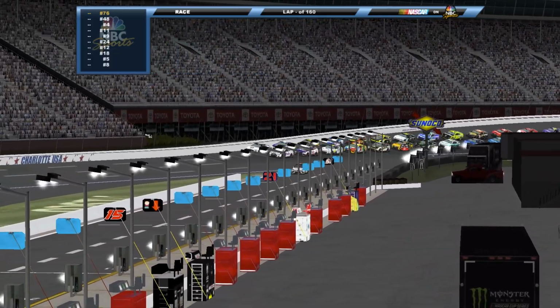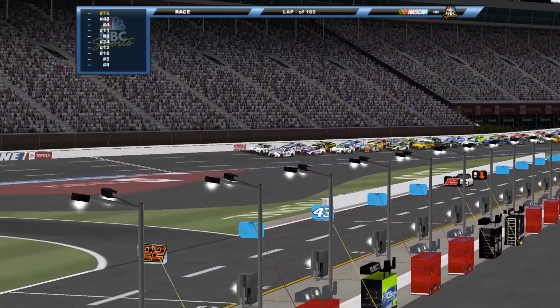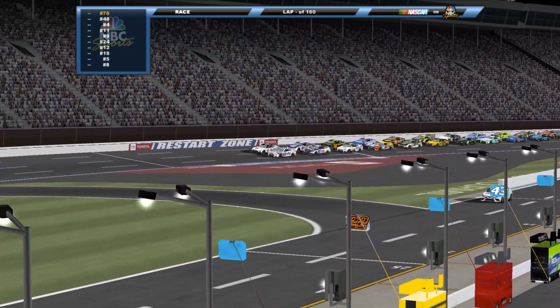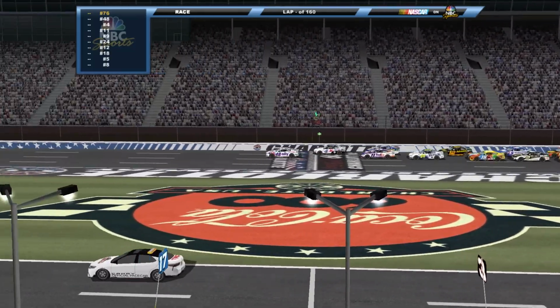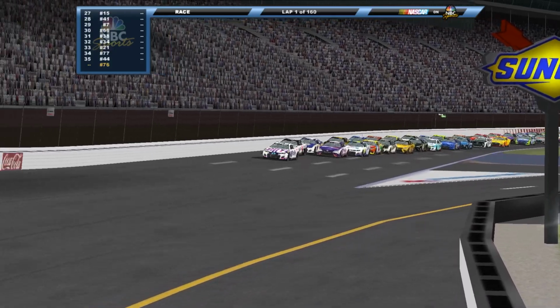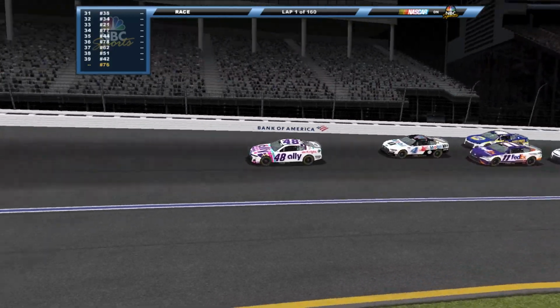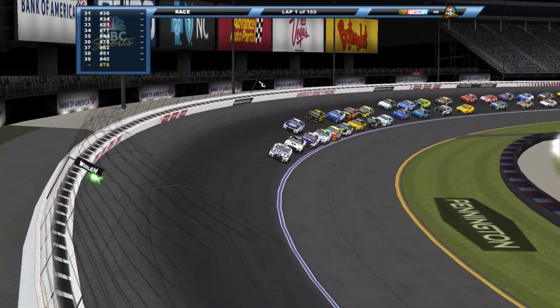Off of turn 4, the pace car pulls in, and we are ready to go green for this Coca-Cola 600 as Alex Bowman and Kevin Harvick lead the field to the green for 160 laps around Charlotte Motor Speedway. It's 40-40 for your first two stages and 80 laps for the third and final stage. A track we look forward to here on the schedule, the big crown jewel here in the Coca-Cola 600,